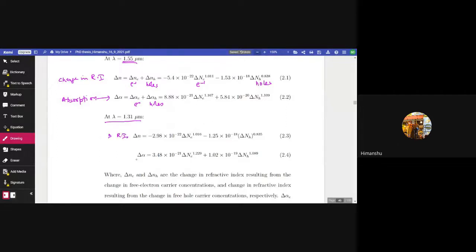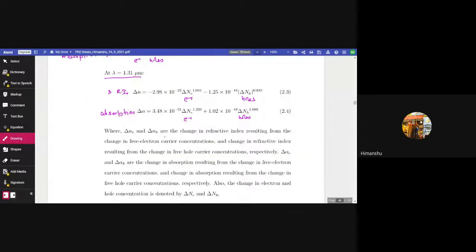So at 1.31 micrometer, delta n equals minus 2.98 times 10 to the power minus 22 delta N_e to the power 1.016 minus 1.25 times 10 to the power minus 18 delta N_h to the power 0.835, and delta alpha equals 3.48 times 10 to the power minus 21 delta N_e to the power 1.229 plus 1.02 times 10 to the power minus 19 delta N_h to the power 1.089,